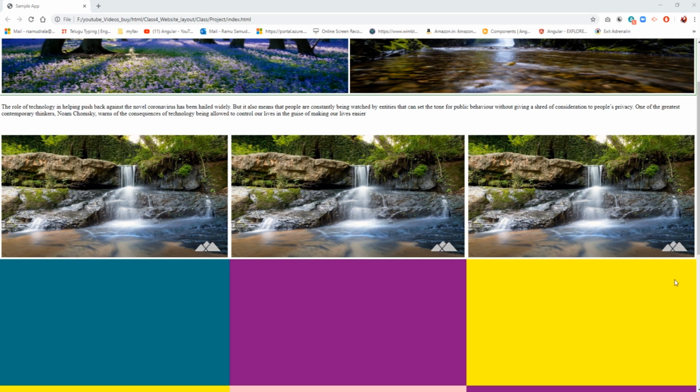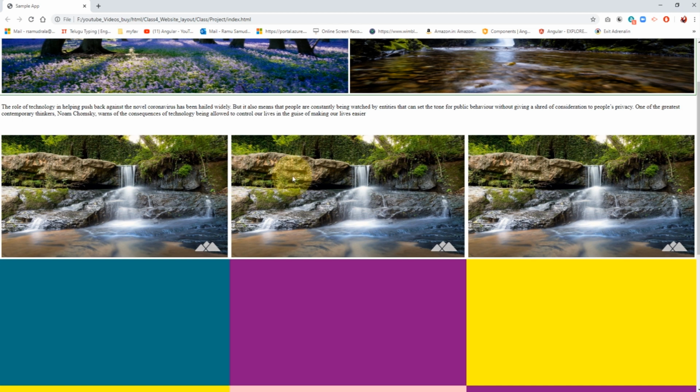So for that, what's happening is this first image block has 5 pixel on four sides. This is also 4 sides 5 pixel. So top to bottom it's 5 pixel, left to right also 5 pixel. So this image's left to right 5 pixel and next image's left to right 5 pixel, so it's adding.